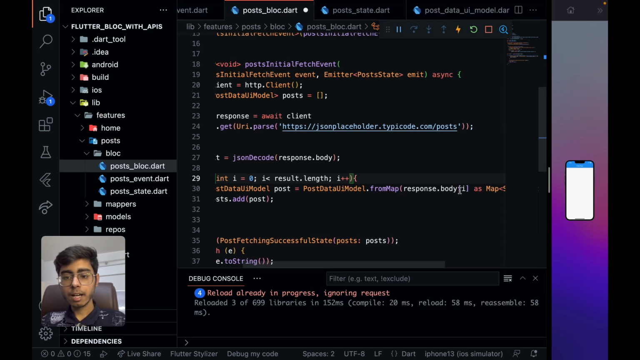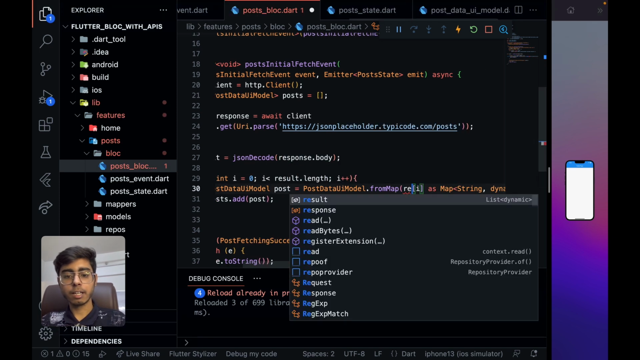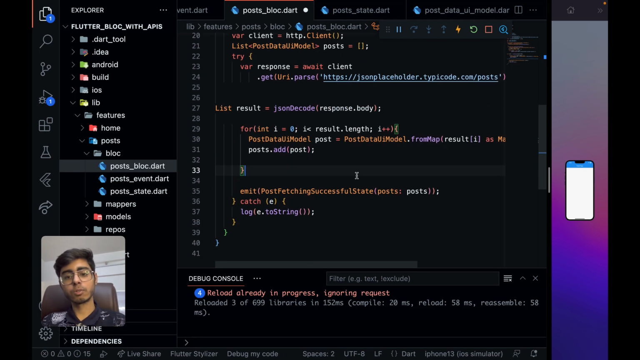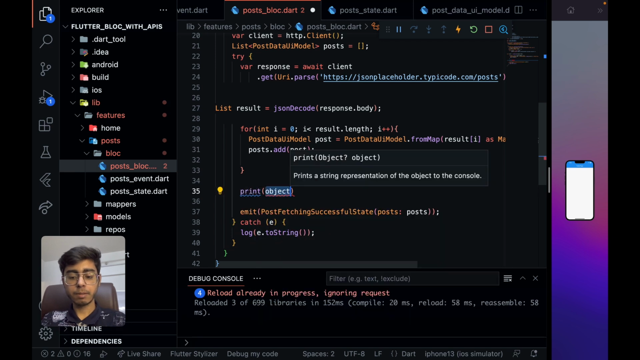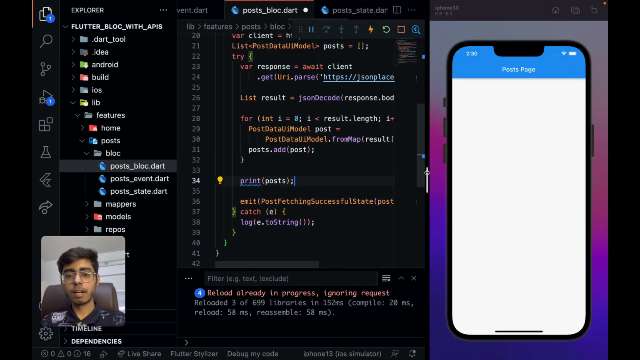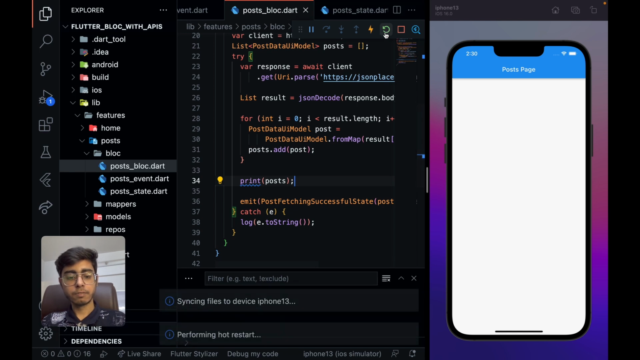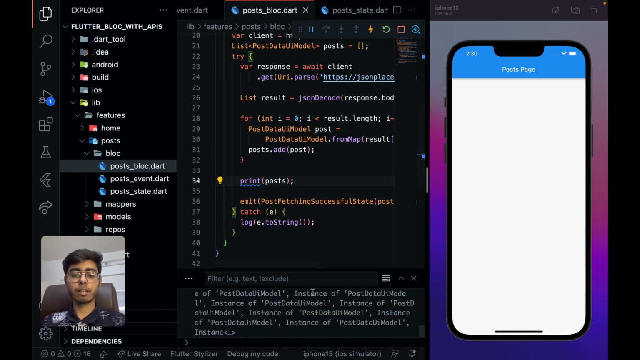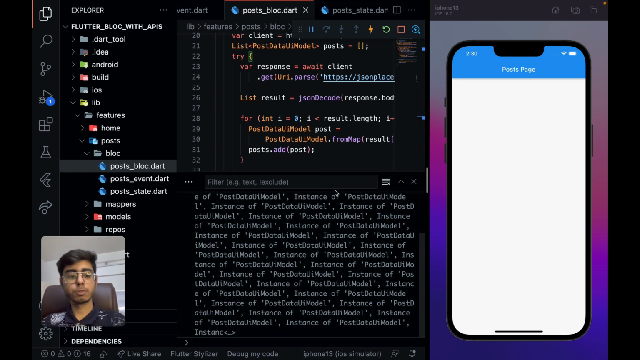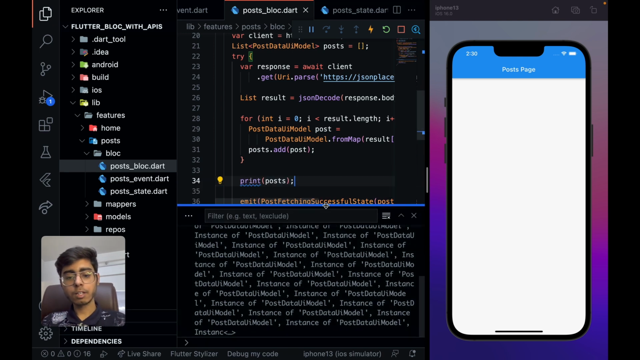Result dot length, and it will be result at I. Result at I, post dot add a post, and I'm going to return my post. And if I just print my post and I just refresh it, yes, now I can get all my posts. You can see instead of post data UI model, now I need to convert, or I just need to render